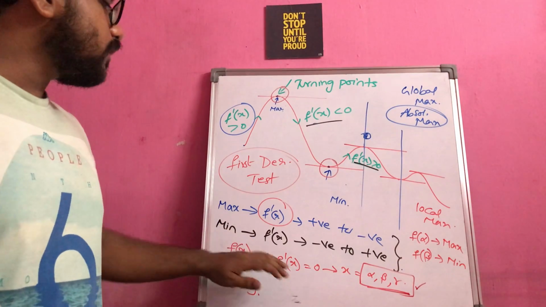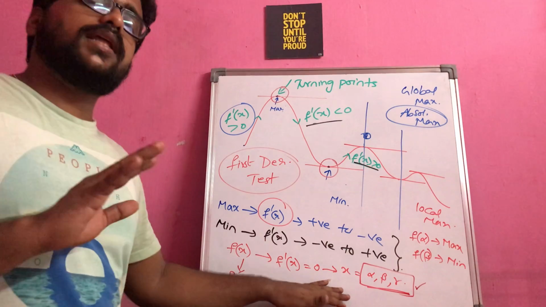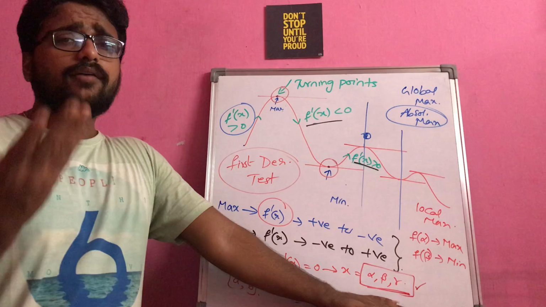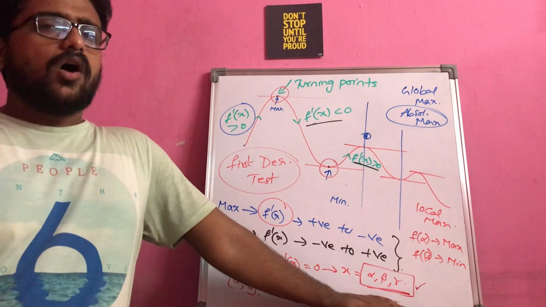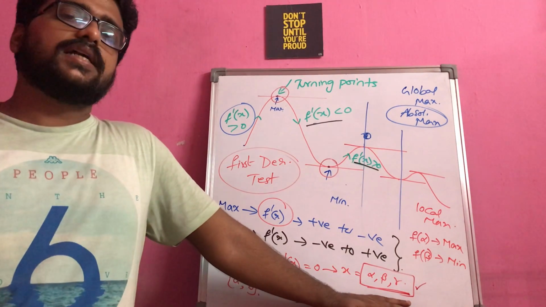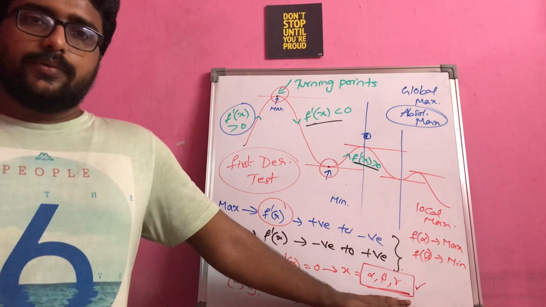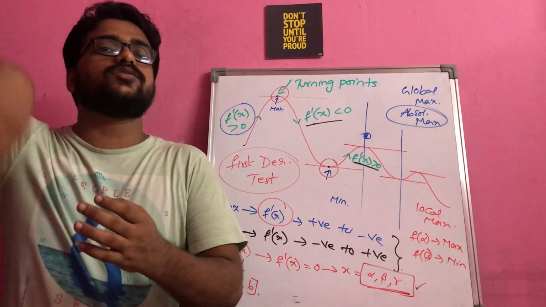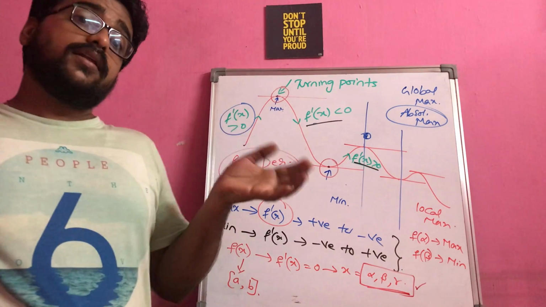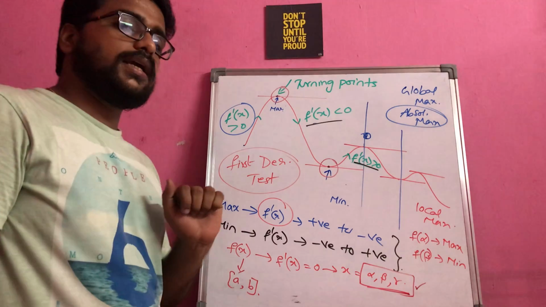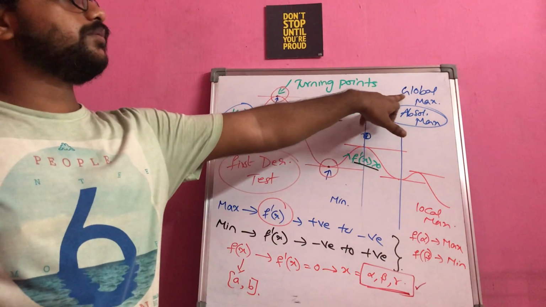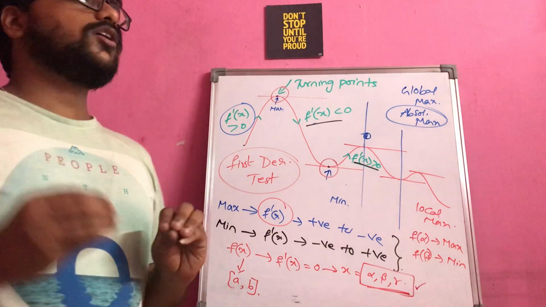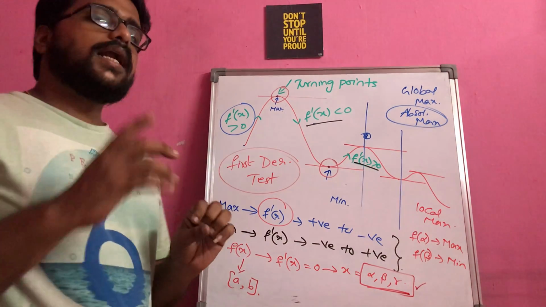So for the case of a local maxima, local minima, usually they won't mention any interval. Whatever values you are getting after equating f dash of x to 0, obviously only those values will be considered as local maxima, local minima. So if you are given an interval, that means you are taking other branch schools also into consideration. In the other branch schools, if you are considering, then it is called a global maximum minima or absolute maximum minima. Okay, so this is the basic concept of maxima and minima.